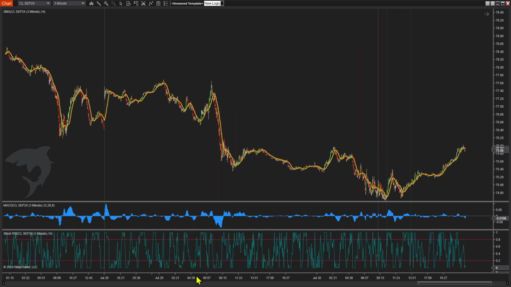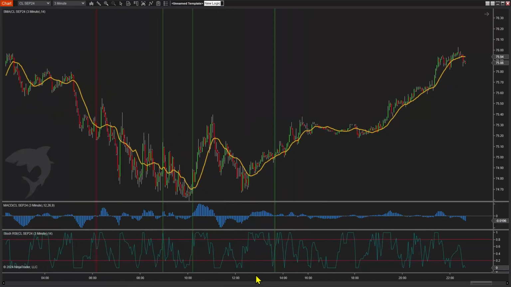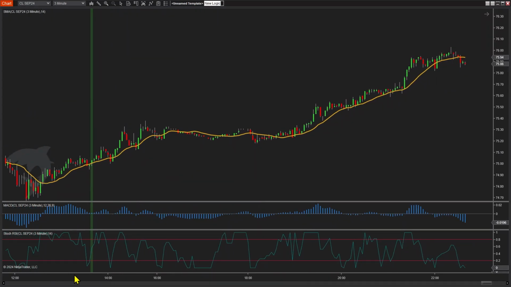So again, this is just step one. BloodHound, you're just creating in theory, depending on how you want to use this, the entry signal. So if you're automating this, this would in theory be your trigger to enter a trade. But then how you handle the trade from there is really up to your rules. We obviously have lots of resources to help you learn how to create that step two, how to work in Blackbird to actually manage the trade. But this is just a simple example of the